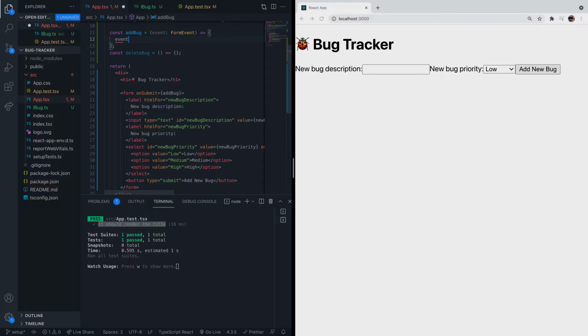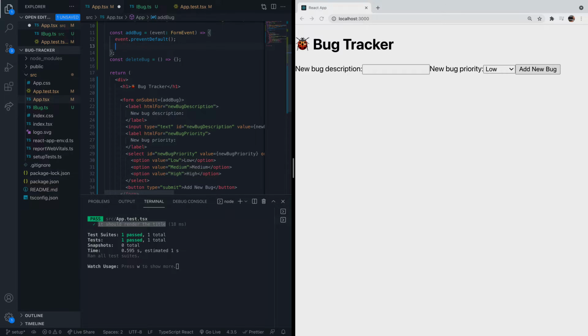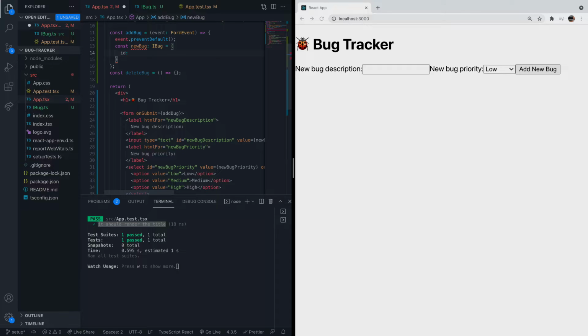So first thing we want to do is just prevent the default action from occurring. And with that done, let's construct a new bug object. So let's type it to be of type interface of iBug. And for the ID, you can create a random number, or you could just invent something here, but it needs to be unique so that we can find these bugs later on if we need to remove them from our